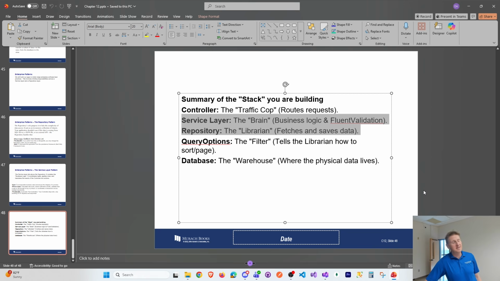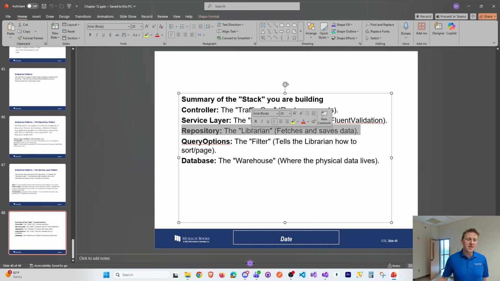It's not considered a best practice. So we're going to take that logic out and put it into a services layer. And then we're also going to have a repository layer, and that works a little bit closer to the database. And the big benefit there of the repository layer is that you really